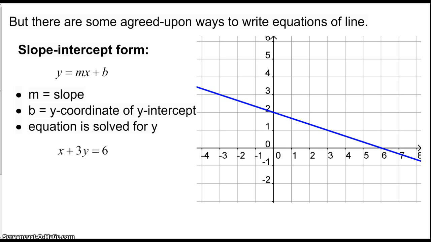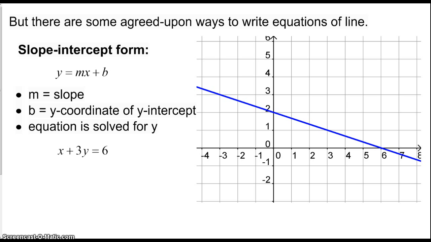Remember, that's y equals mx plus b, where m is the slope, the number multiplying the x is the slope, and the other number is the y-coordinate of the y-intercept. Now, if you have an equation in, say, standard form, you can force it to be in slope-intercept form by doing algebra. We want only the y term on the left, so that means if we had, say, x